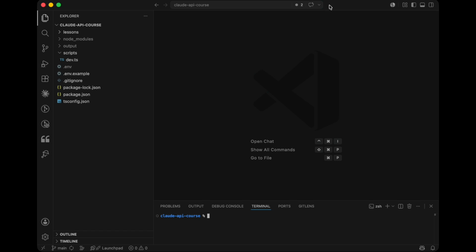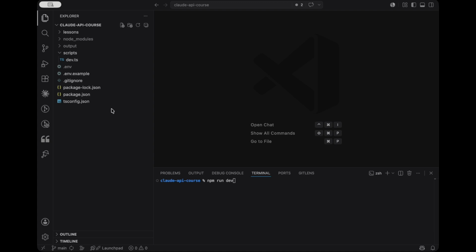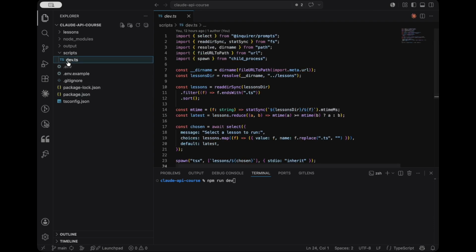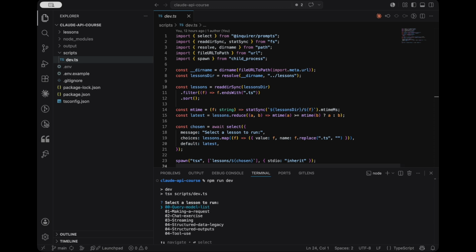To run our lessons, we will use the standard npm run dev command. But this is where our lives are much easier than running scattered blocks in the notebooks. As you can see in package.json, we'll launch a small helper script dev.ts that does all the magic. It prompts you with an interactive lesson picker, and the lesson you edited most recently is already pre-selected. So in most cases, you just need to confirm the selection, hitting the Enter key.